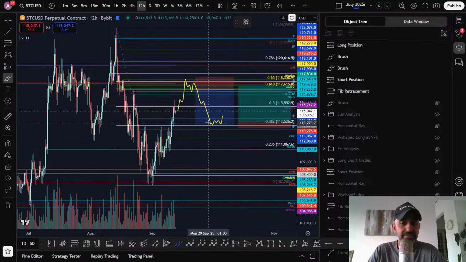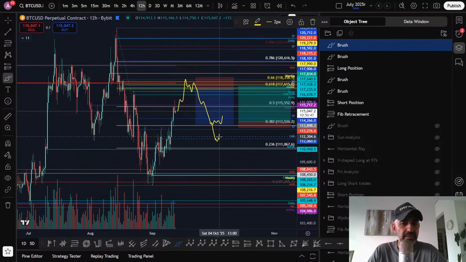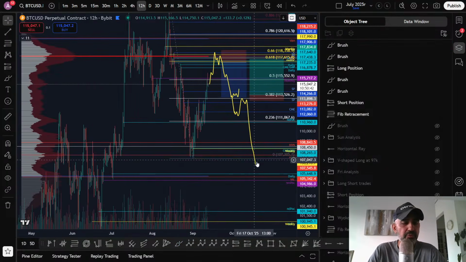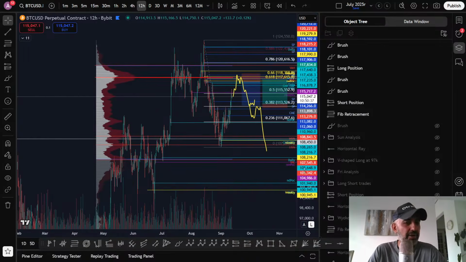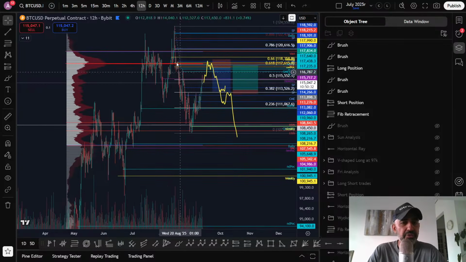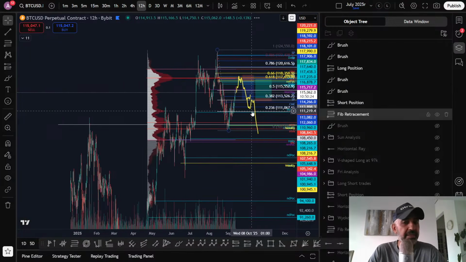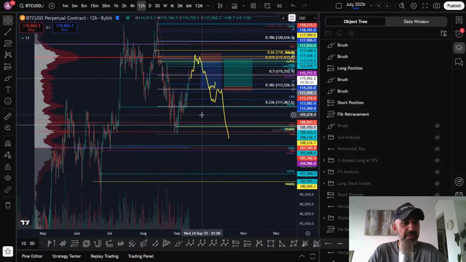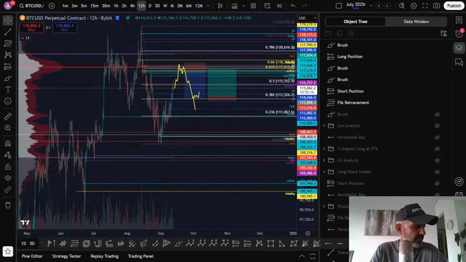If it doesn't, and we're back into this inverse head and shoulders pattern, then it's going to get ugly. It's going to get really ugly. Then we're going to see a real crash to take out these lows, and then probably the bear market. Because you're just putting in lower highs, lower lows from the all-time high failed auction, and it's just going to look really miserable. Okay, so I'm not saying it's going to happen. I don't expect it. I still think we're bullish, but anything can happen in crypto.